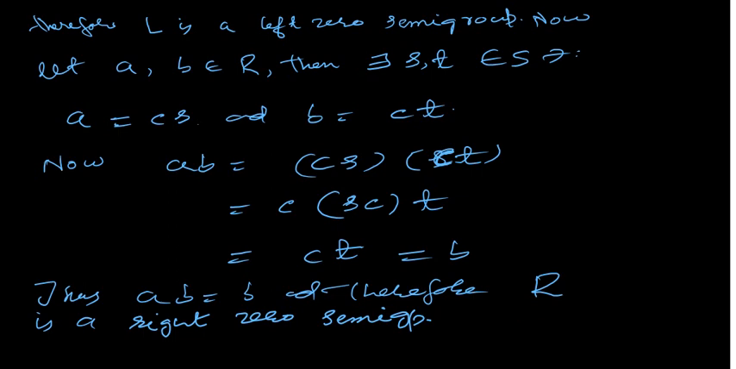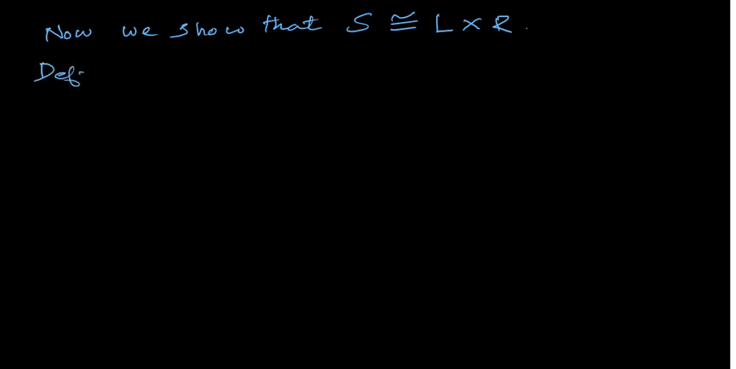Now we see that our S is isomorphic to L cross R. Now we show that S is isomorphic to L cross R. For this we define a map from S to L cross R. Define a map phi from S to L cross R by